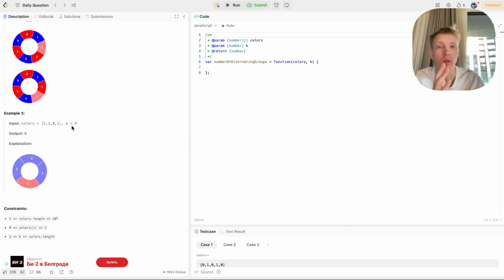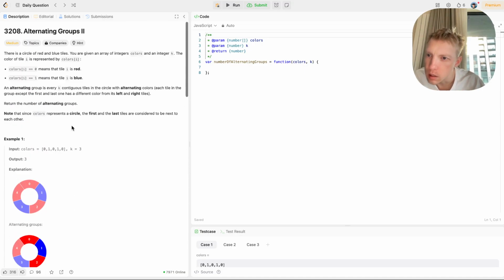How can we solve it? We should keep in mind two things. First thing, we should count the number of alternating tiles, the number of alternating tiles, and one more important thing is that